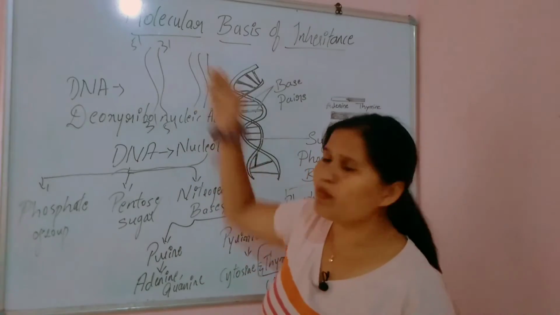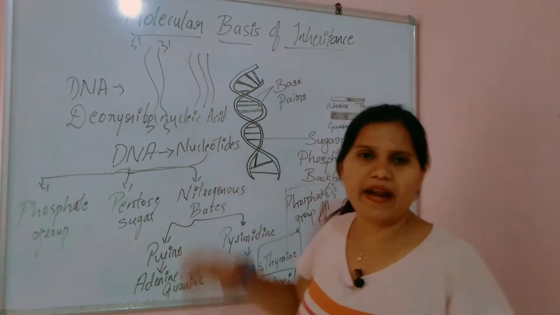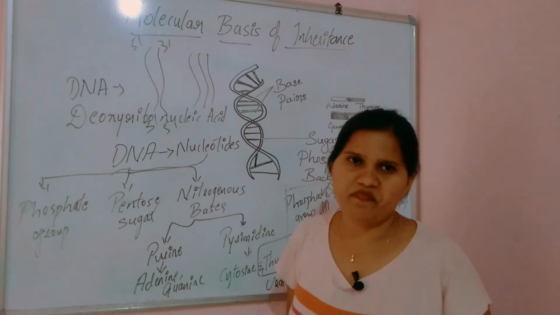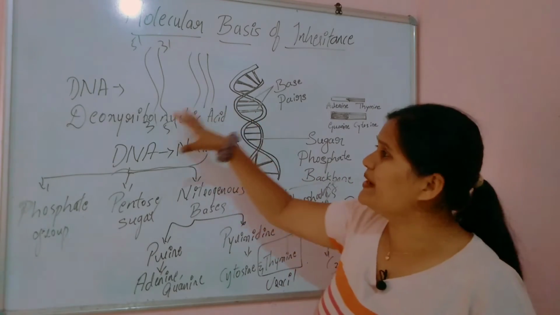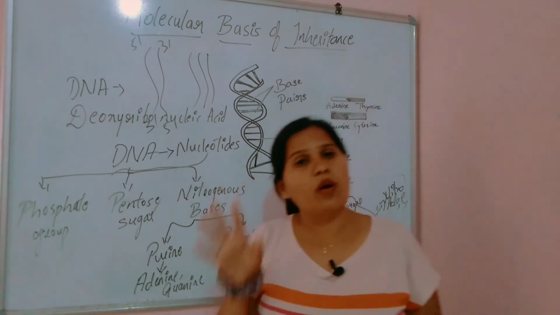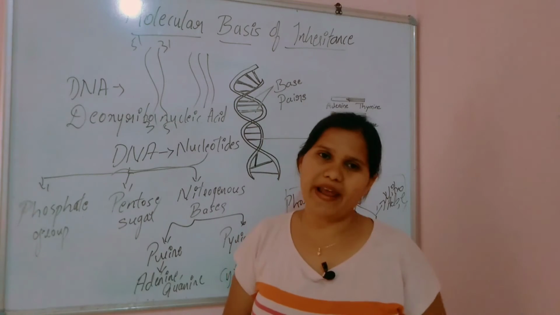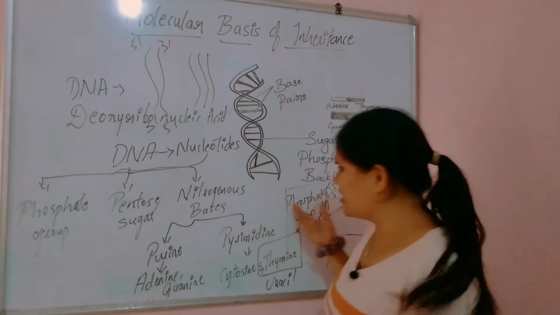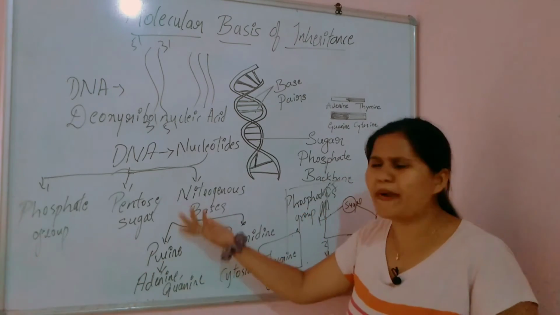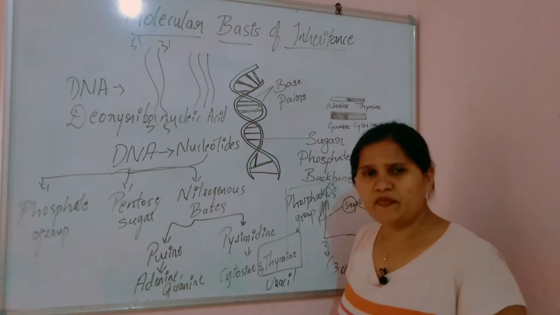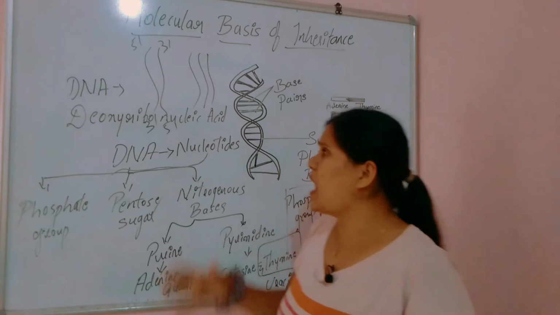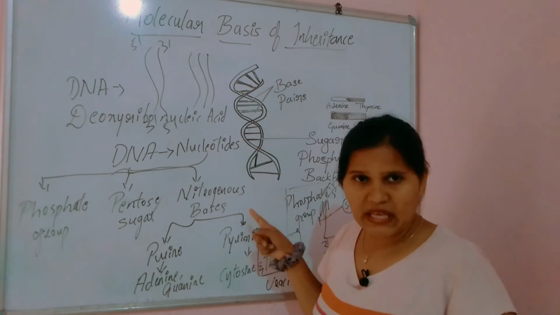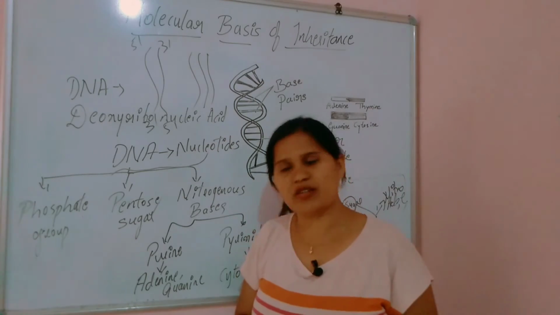And coming to the other strand, that is 3' and 5', it is exactly opposite to that. Is that clear? DNA is also called a polynucleotide. Poly in the sense what? Many, where a nucleotide is nothing but a combination of phosphate group, pentose sugar and nitrogen base. Is this clear? This is how the nucleotides are formed. So these are the nucleotides, okay? These will form the DNA structure.